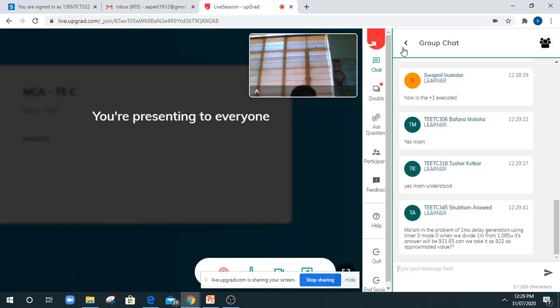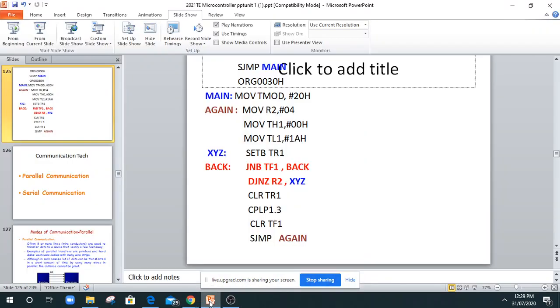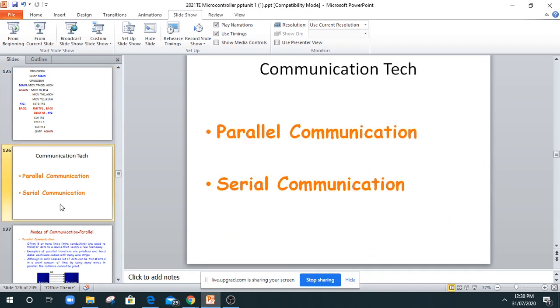Just do the calculation and solve that. Then I will proceed to the next part, that is the last topic from the first unit, that is serial communication.